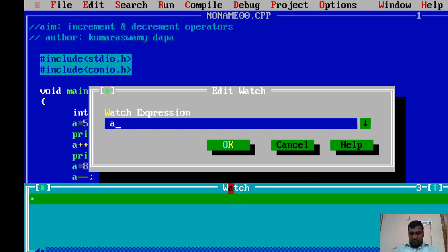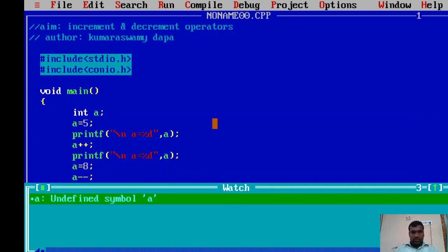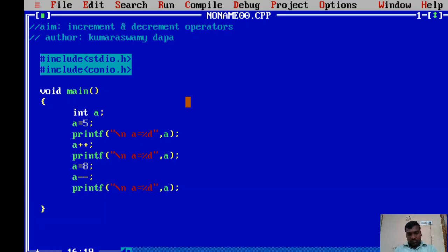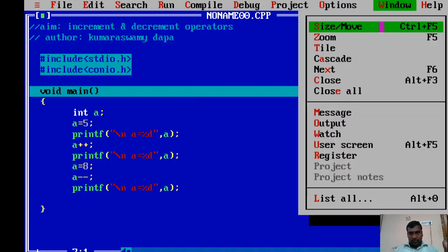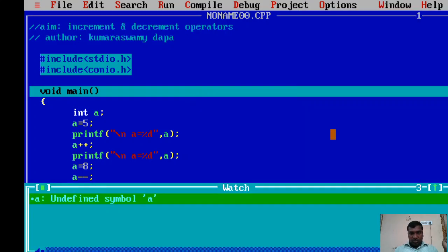I am assigning variable a. Now I am hitting the F7 function key to execute the program line by line. Compiling the program. After hitting F7, go to watch.